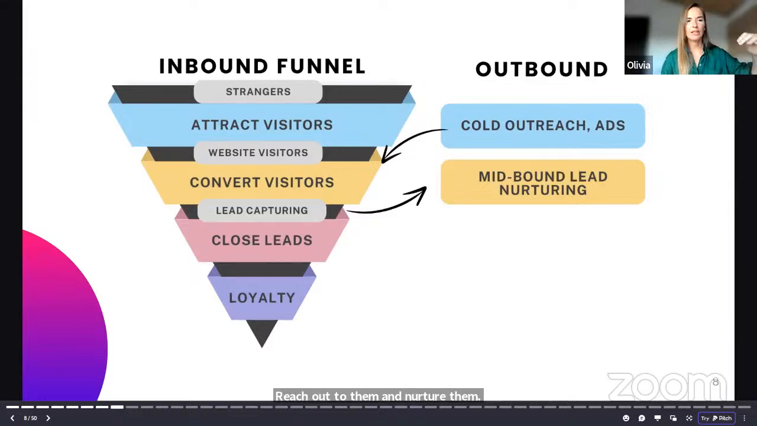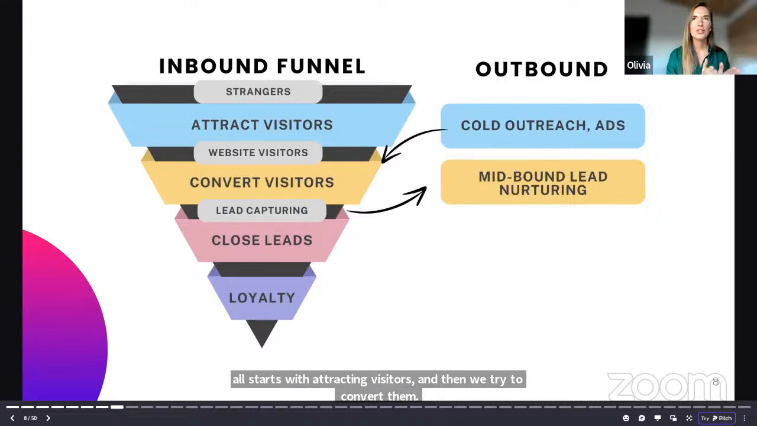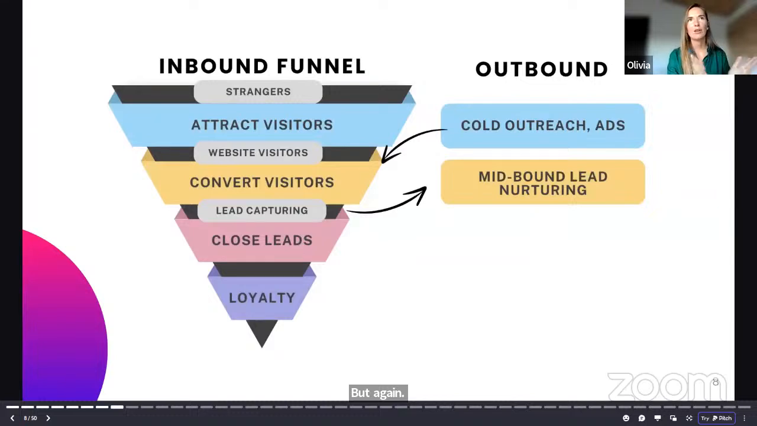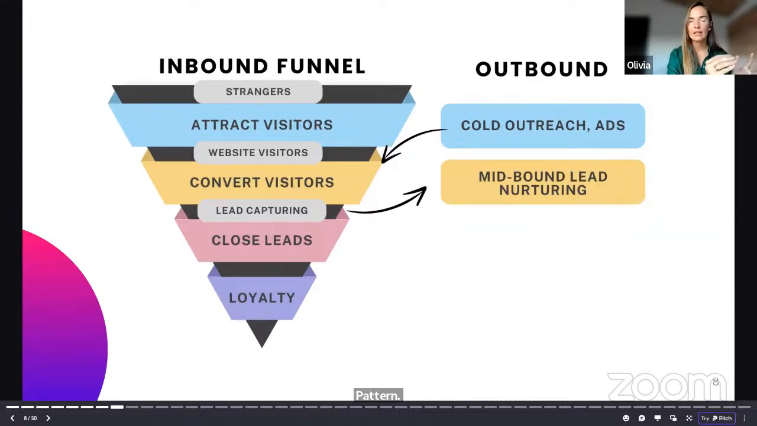Again, for the inbound funnel, which is the main responsibility of the marketing team, it all starts with attracting visitors, and then we try to convert them. But again, try not to separate. It often happens that marketing relies on marketing automation. We send those beautiful marketing emails trying to nurture the leads. But what if we change this pattern and push the qualified contacts, the ones who downloaded our content,